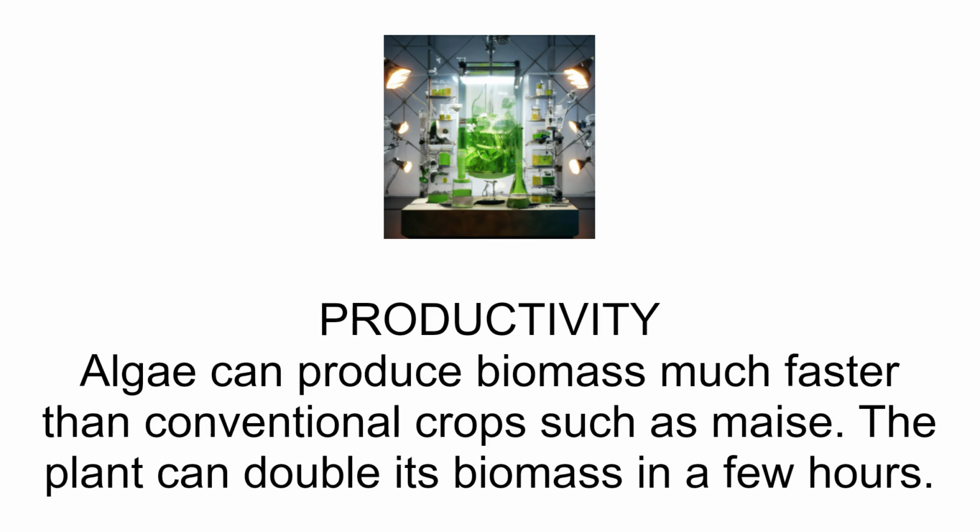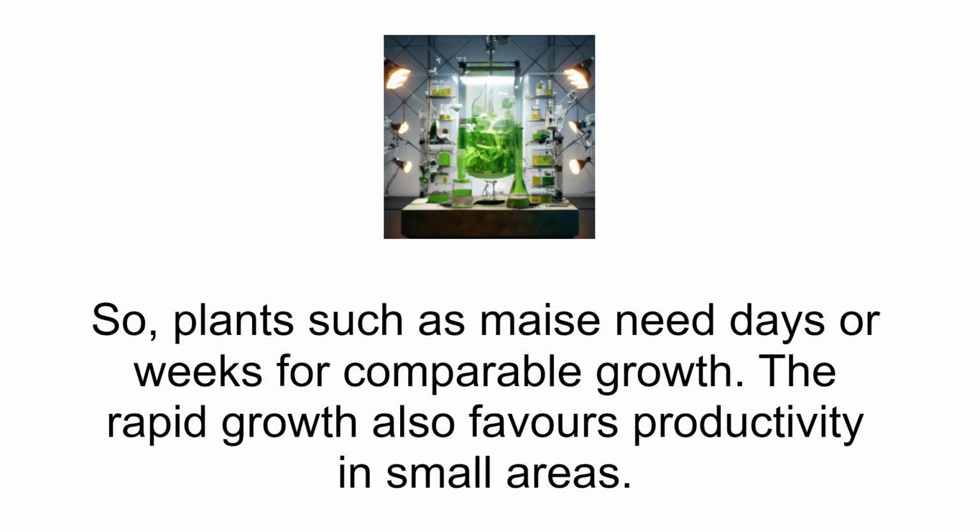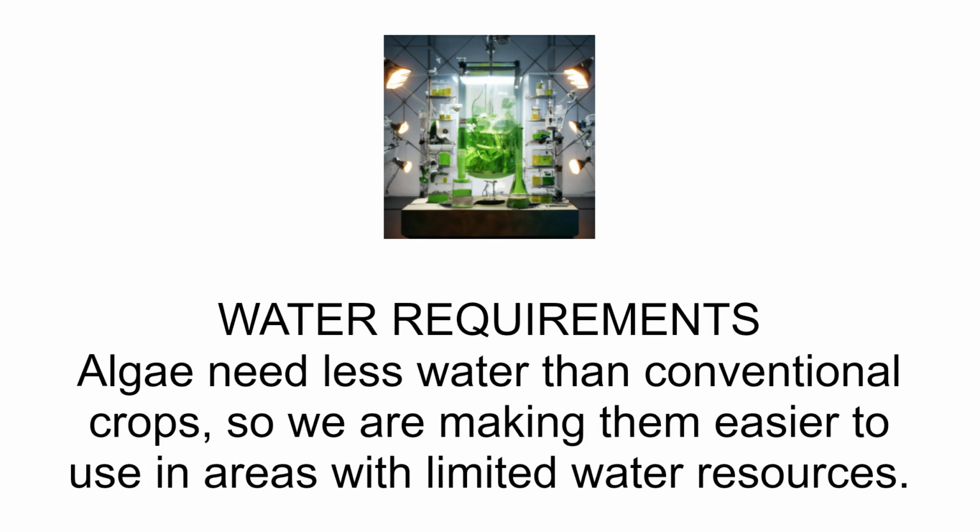Algae can produce biomass much faster than conventional crops such as maize. The plant can double its biomass in a few hours. So, plants such as maize need days or weeks for comparable growth. The rapid growth also favours productivity in small areas. Water requirements. Algae need less water than conventional crops, so we are making them easier to use in areas with